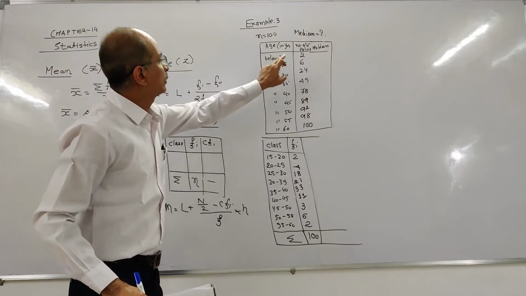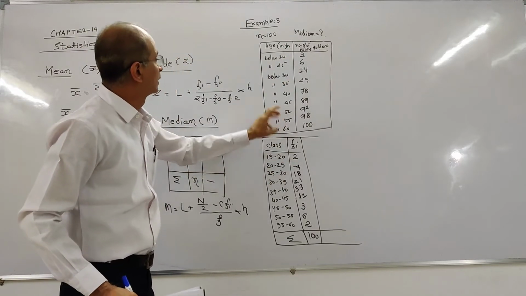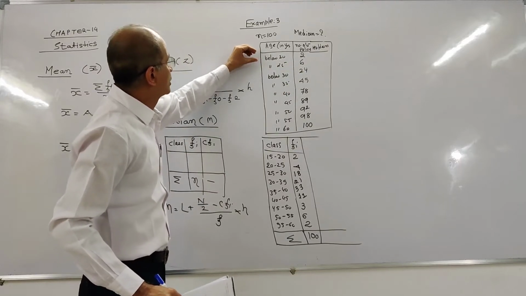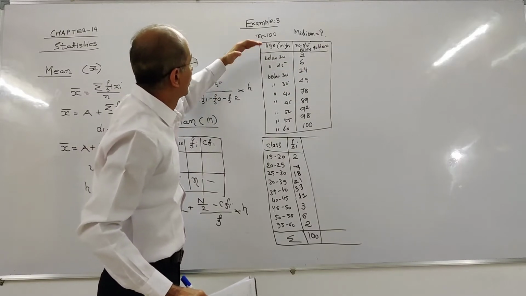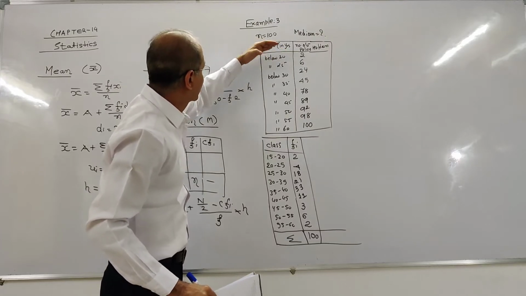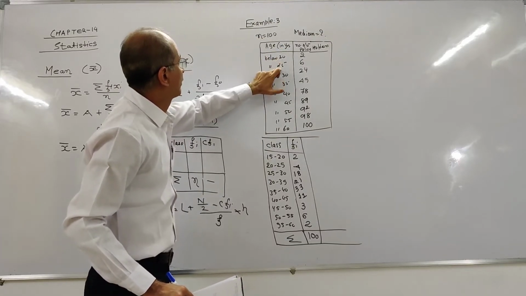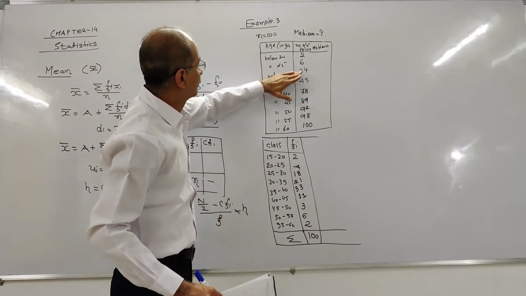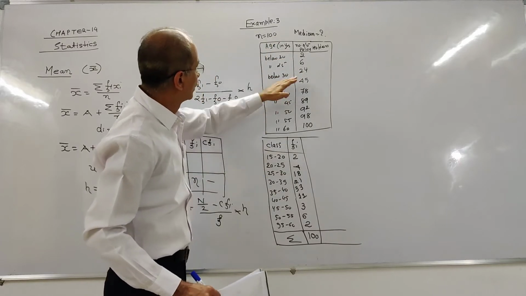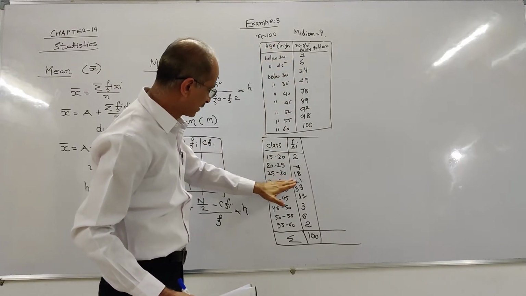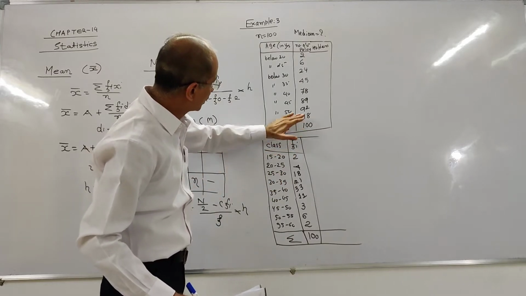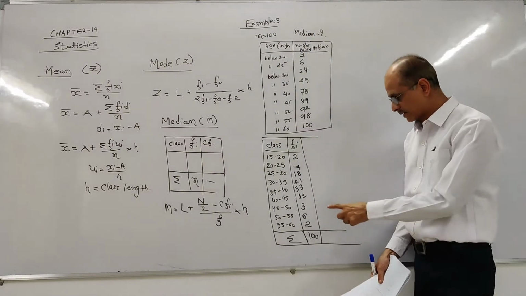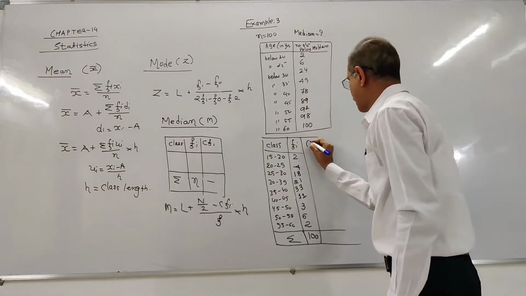So below 20, in the first class there are 2 members. Below 25 there are 6. So you have to subtract the number of policy holders below 20 from below 25, and you will get policy holders between 20 to 25. So you get 6 minus 2 is equal to 4. Similarly, you can find out 24 minus 6, 18. 45 minus 24, that is 21. Like this, you can easily find out 100 minus 98 is equal to 2 in the last class, that is 55 to 60. Now, let us find out CFI.